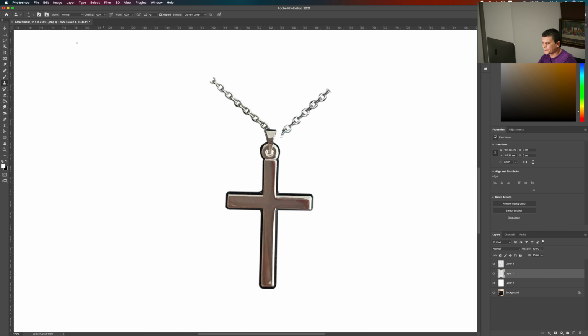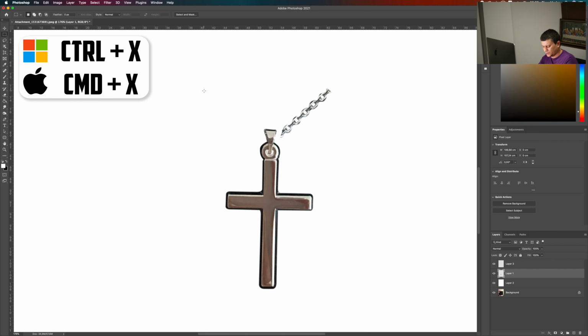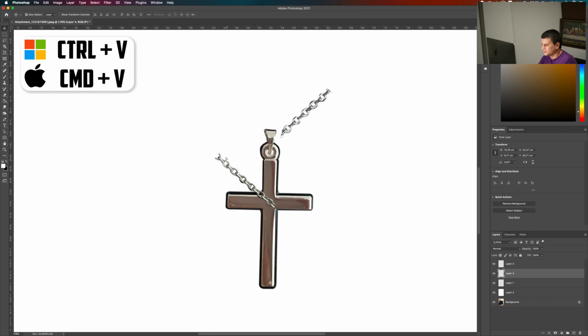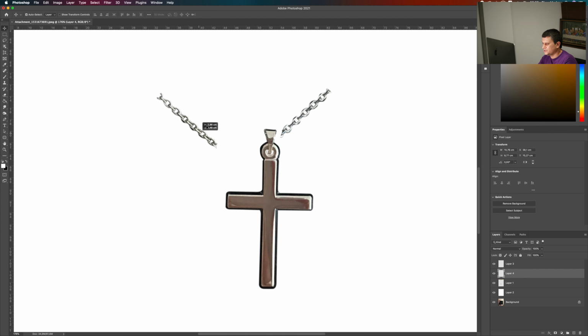Now from here, select the rectangular marquee tool, make a selection of this here. Again, press Command X to cut it, and Command or Control V to paste it, so that this is on another layer.